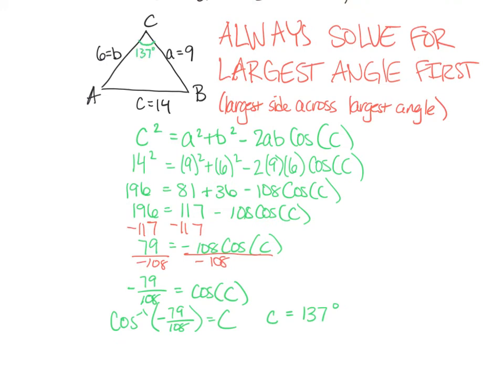So that is the first part of law of cosines, but we still have two other angles to solve for. While law of cosines in general might be more straightforward, I feel like I've practiced with law of sines a little bit more, and it just feels faster to me. So you can repeat this law of cosines step for each of the angles if you want, but it's going to be faster to just use law of sines for our next largest angle. In that case, that's going to be A, because side A, or 9, is the next largest side. So I'm going to set this up as sine of 137 over 14